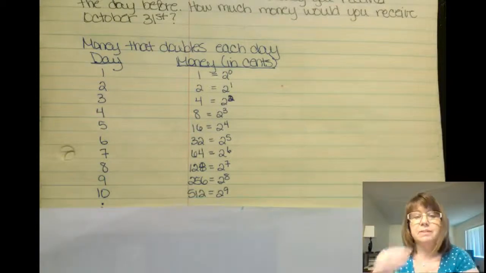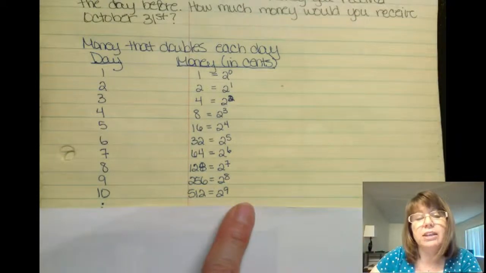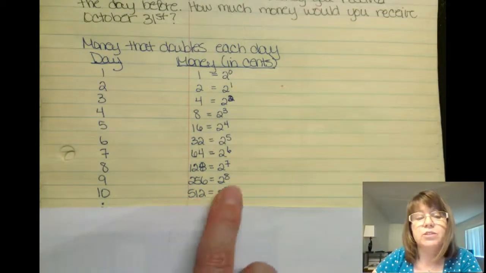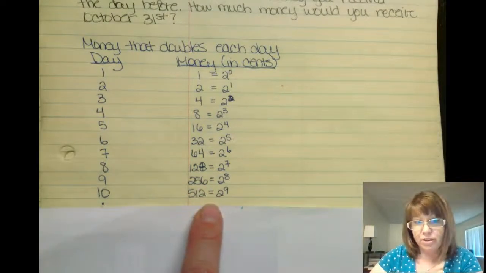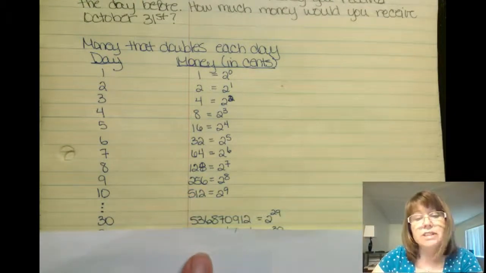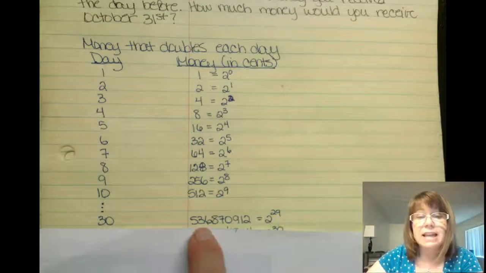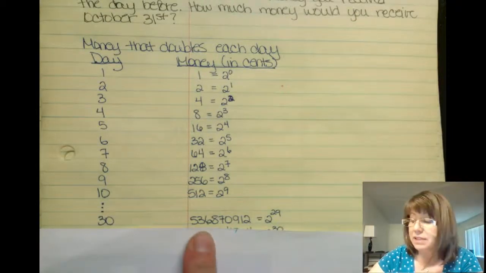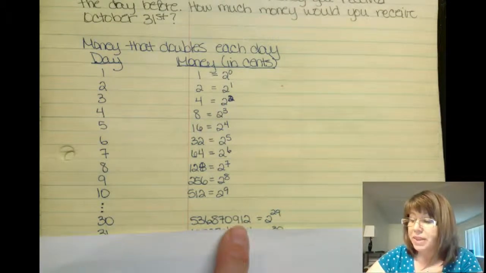Now let's think about this. If on the 10th day it is 2 to the 9th, which is 512, and on the 8th day it's 2 to the 8th, and that's 256, what is it going to be on the 30th day of October? 2 to the 29th. That's a huge number. That is 536,870,912. And if it's in pennies, it's in cents. I move the decimal over 2. That is